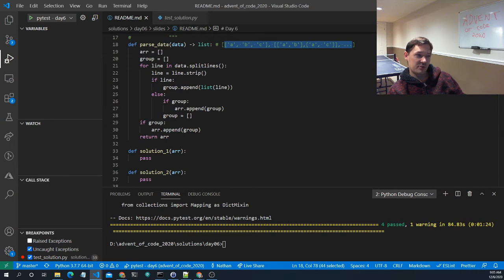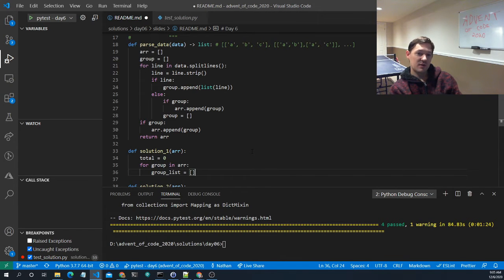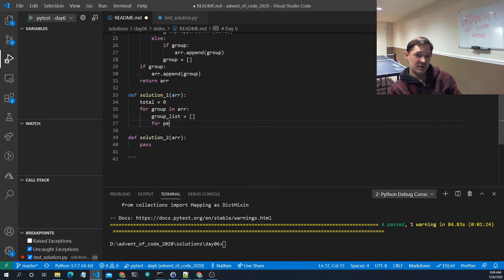Okay, so now that we have this, it's pretty straightforward. We want to calculate the total number of unique responses across all groups. So we're going to go for each group in the array. So my strategy here is to kind of flatten this array into like one list. So this would be a, comma b, comma a, comma c. One element. That's what I'm trying to do here. So for each person in our group, we can add to our list